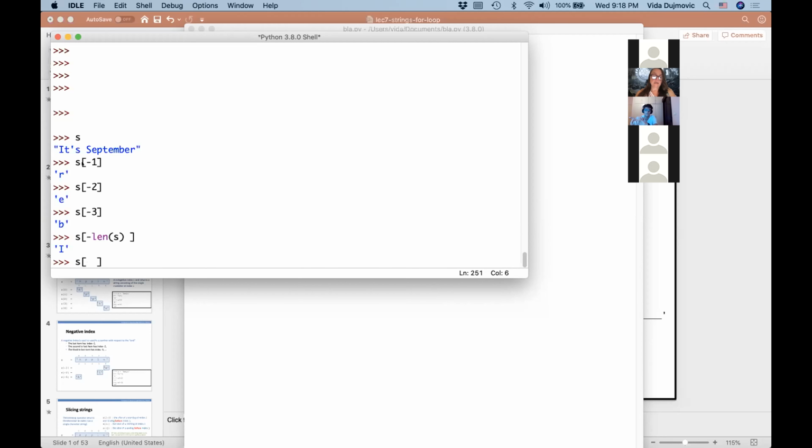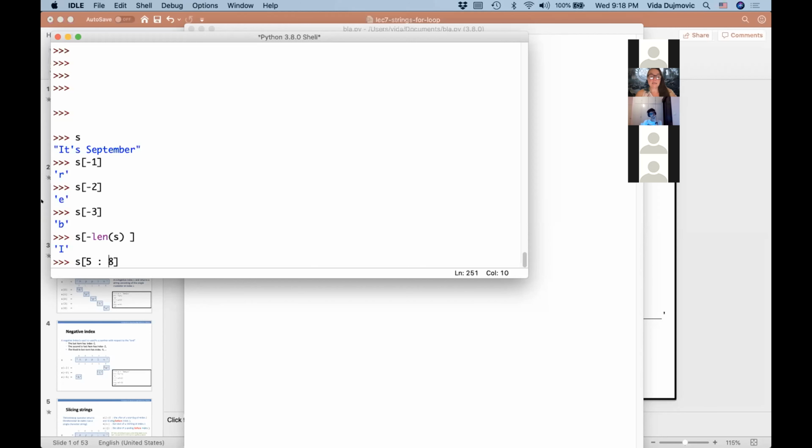So let's see, I do 5 to 8. Instead of giving 1 index, 1 number, if I did S of 5, it's going to give me the 6th character, right? But now I'm giving 2 numbers. The syntax is you separate them by a colon. So what does this do? It says return all the characters starting at position 5, index 5, going all the way up to 8, not including 8. Please remember that. This is a cause of mistakes.